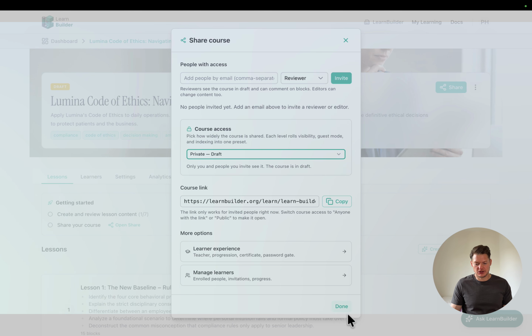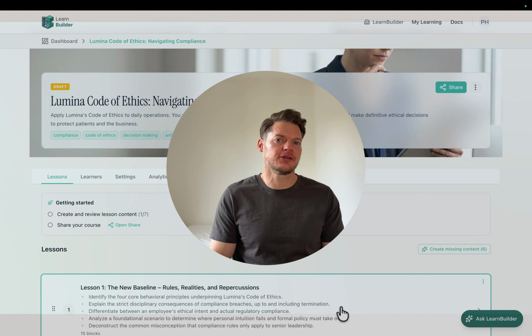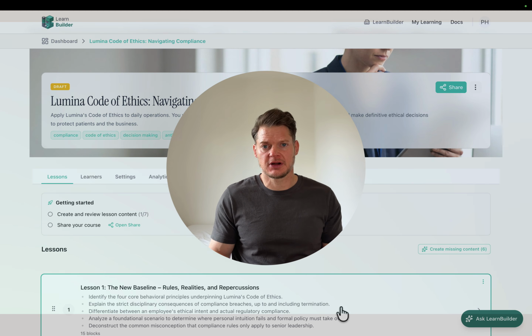Okay, and then we have more functions here. I won't go into the details, but I think this rounds up our first course, the first idea how to use LearnBuilder,